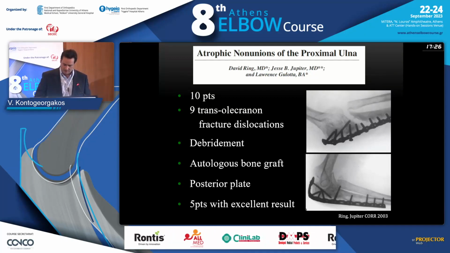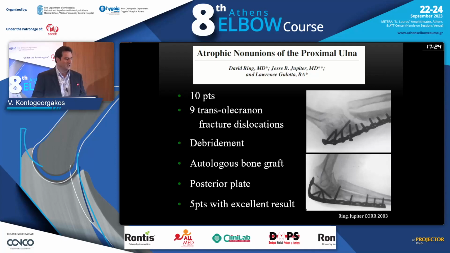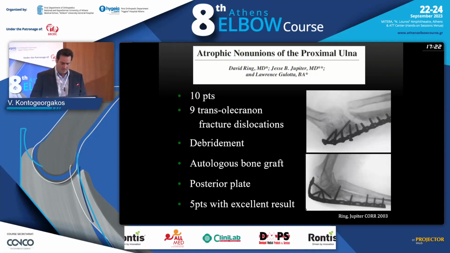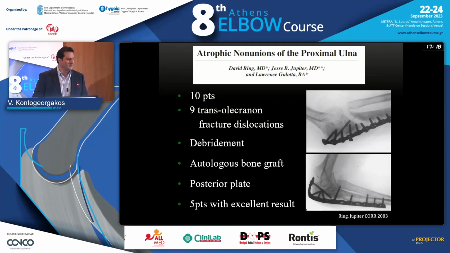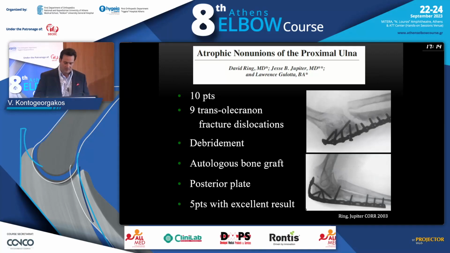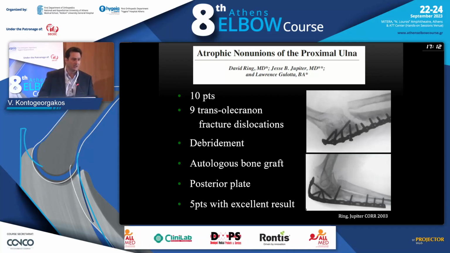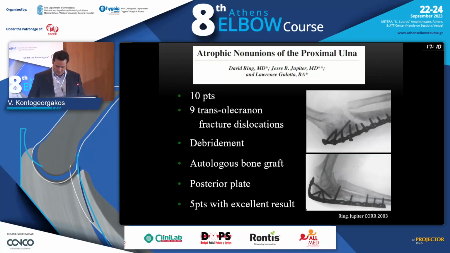This is a study from Ring and Jupiter, and they described 10 patients with atrophic non-unions of the proximal ulna as a result of transolecranon fracture dislocation. And they used a thorough debridement at the site of the non-union. They used autologous bone graft, stable fixation with a posterior plate, and they had a good result, excellent result in